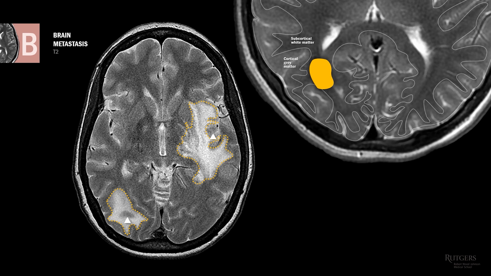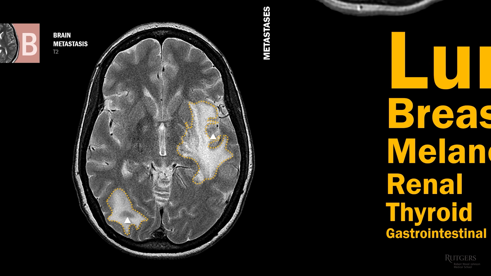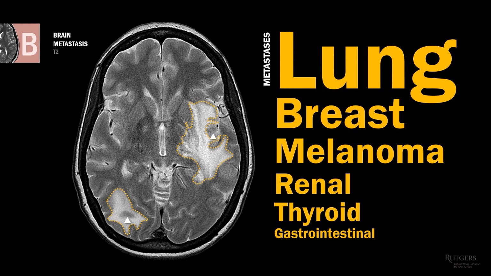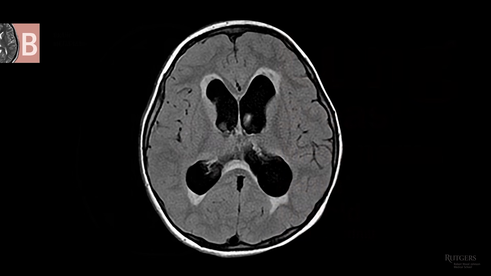That's because, like bacteria, metastases generally spread through the bloodstream, and arterioles at the gray-white junction are just small enough to trap traveling neoplastic cells. Lung and breast cancer metastases are the most common. This example happens to be lung cancer, but again, the imaging is never that specific. Tissue biopsy is generally necessary to confirm the tumor type.